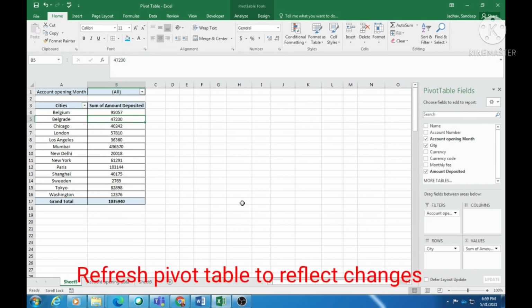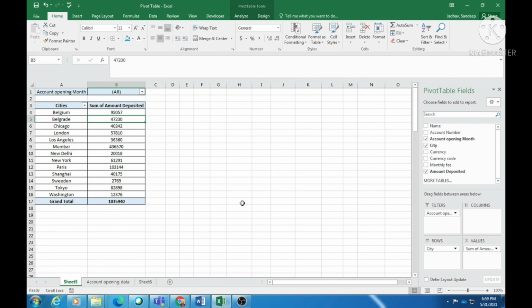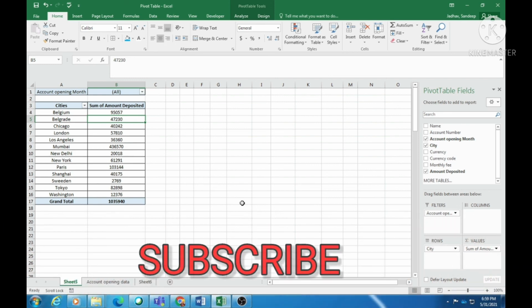So these were the few tips, and this is how we create and how we use the pivot table to get the snapshot of the huge data. This is the basic video on the pivot table. We are going to learn in detail, in depth, some complex and useful functions in pivot table in the next coming videos. So stay tuned.